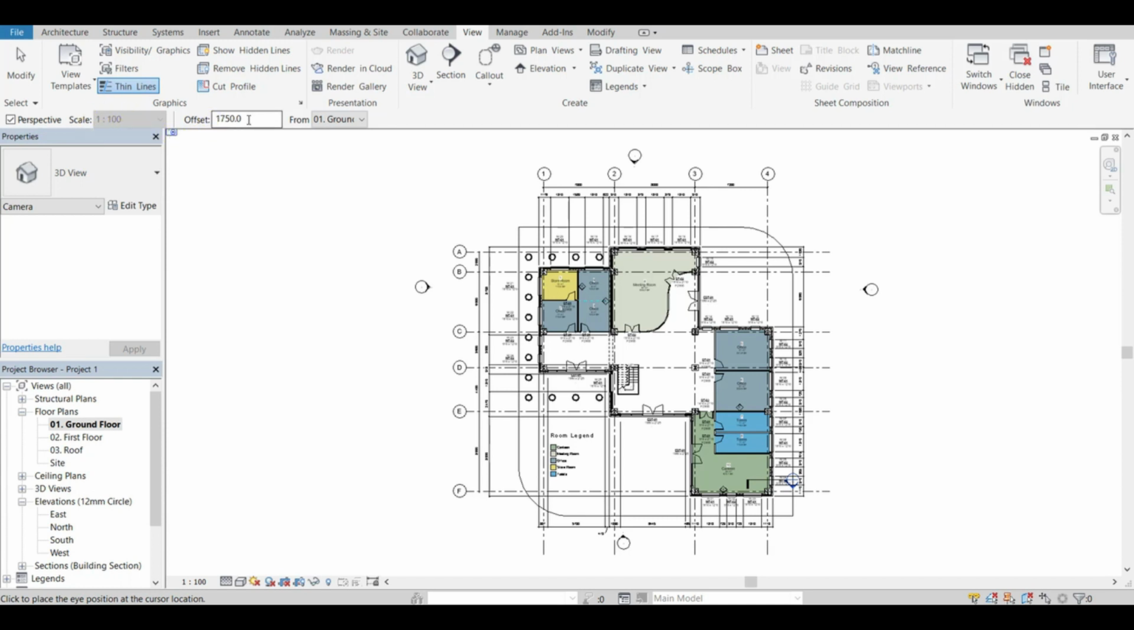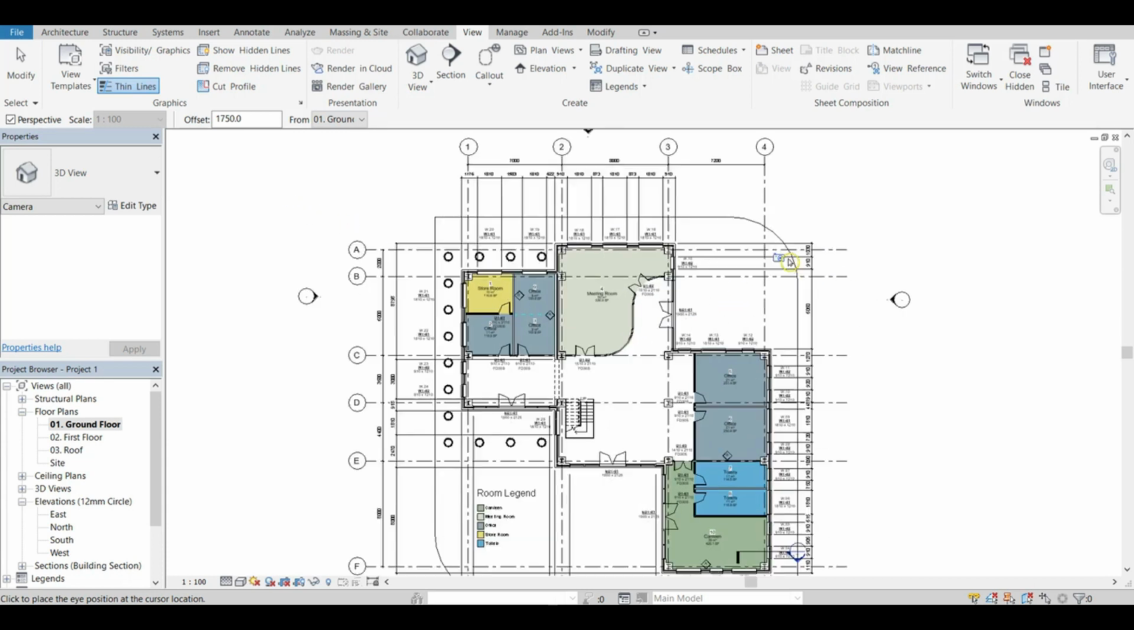Next is the offset and where it's offset from. Currently, when I place my camera, it'll be 1750 from the ground level, which is kind of an average eye height. That's why they've set it to 1750. To place the camera, I'm going to place it in this section here. If I zoom in,